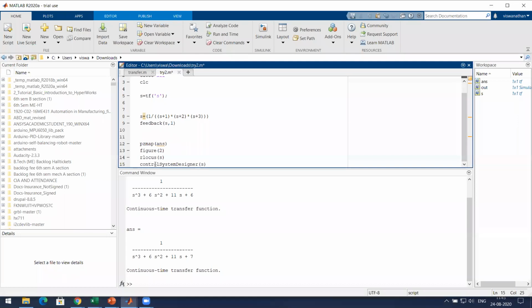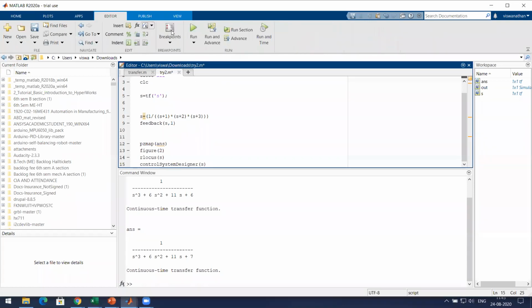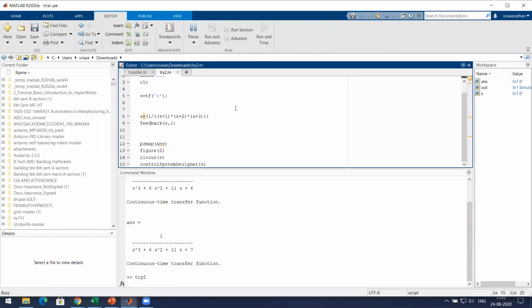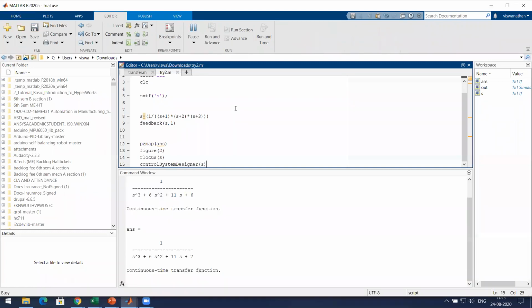So this is the control system designer, and I'm opening with this transfer function S. Now if I run this, just a second, it will take some time.